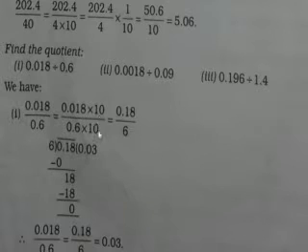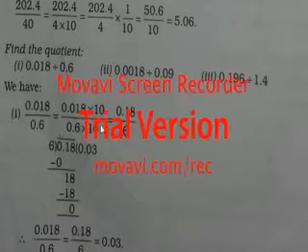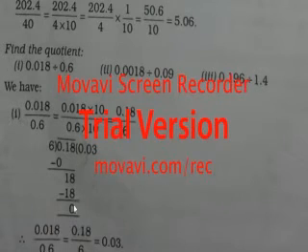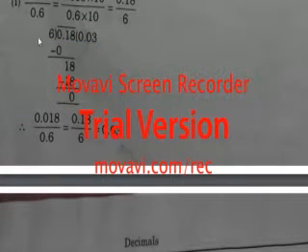As you can see, it has been shown over here by multiplying up and down with 10. When we multiply, we get this. So now what happens? A whole number is dividing a decimal number. Since it is 0, so 0, and then 1 comes, and it is not divisible. 1 is after the point, so the point comes, and then 1 comes, it is not divisible by 6, so again you have to bring another number. For that you keep 0, so it becomes 18, and 6 3s are 18. So we can say 0.018 divided by 0.6 is equal to 0.18 divided by 6 is equal to 0.03.